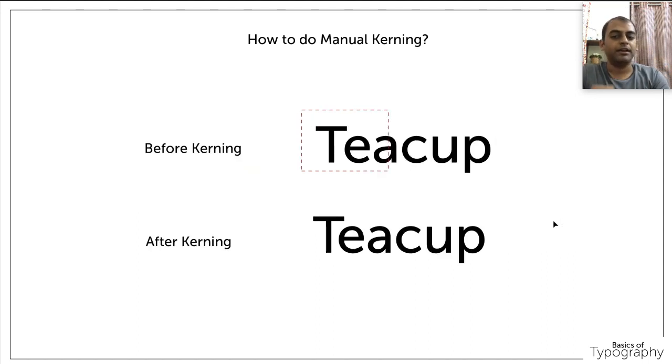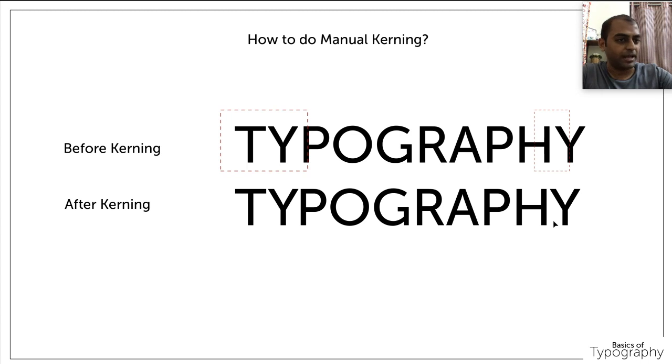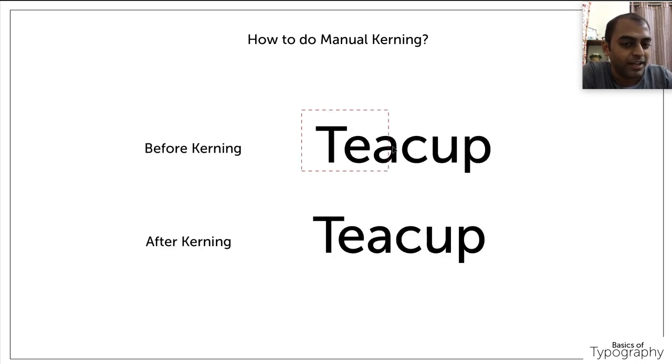Another example. Now here comes one more trick. Both of these two examples are capital letters. But here, this is a small letter next to caps. Here the spacing between T and E seems to be much higher compared to any other word in the text. Of course the spacing between A and C seems to be more, which will come to the next rule regarding that second thing. But here, this spacing is more.